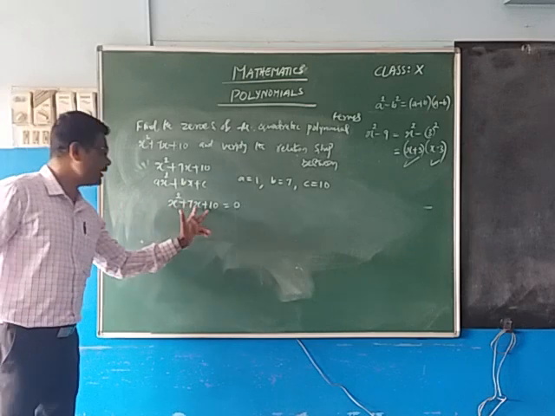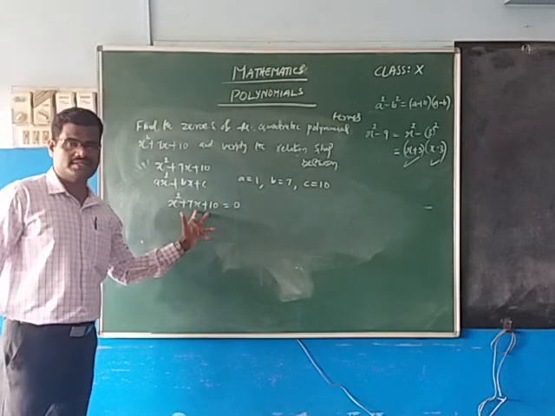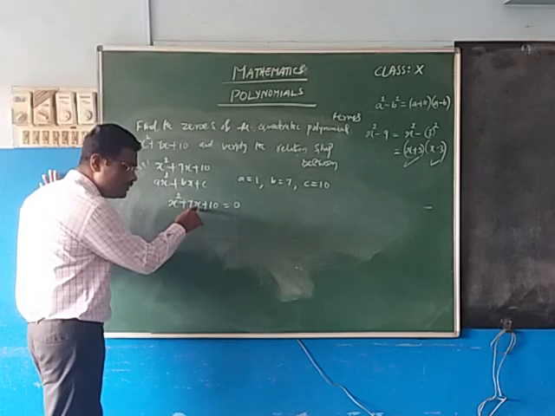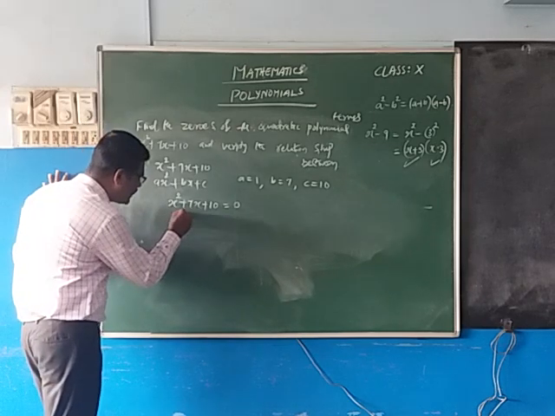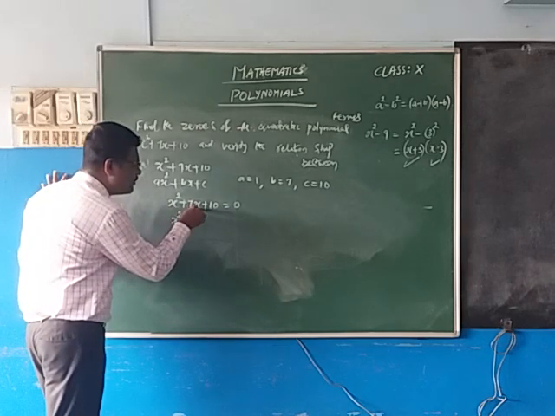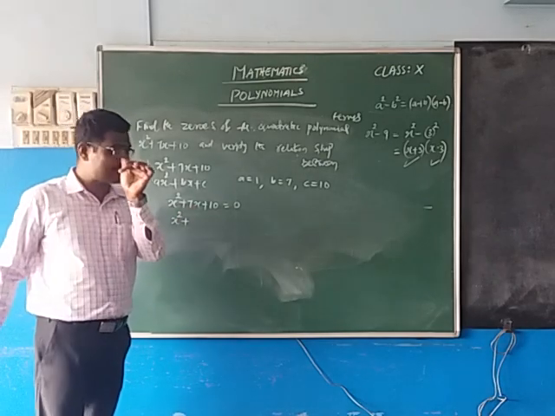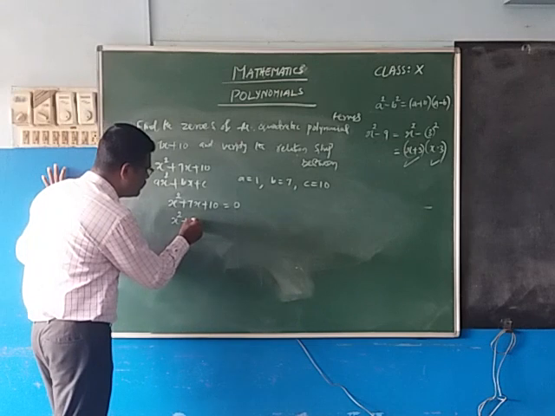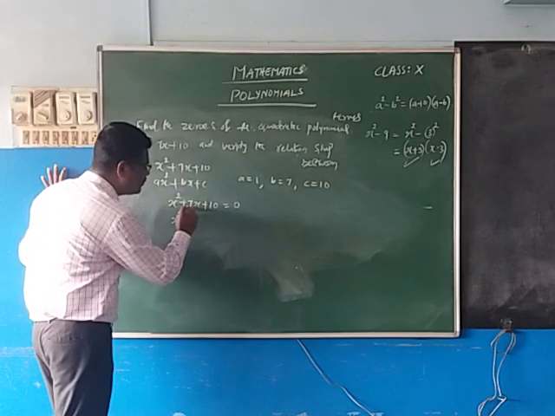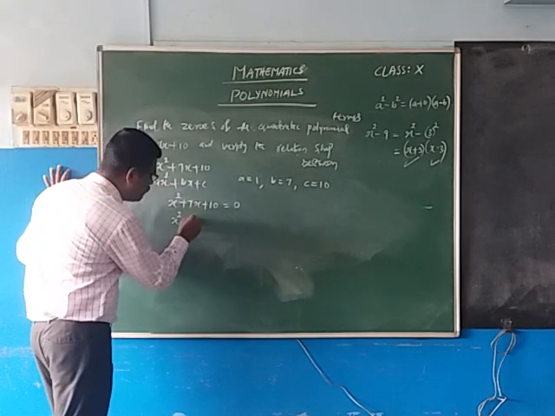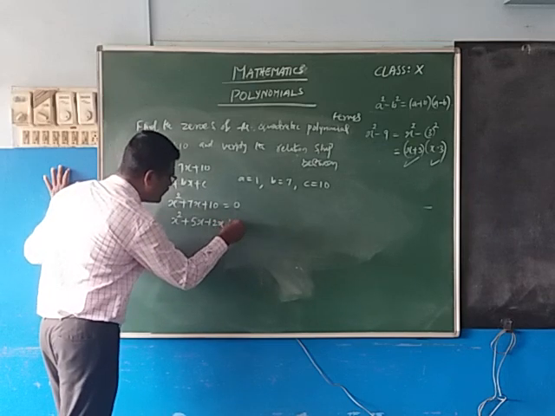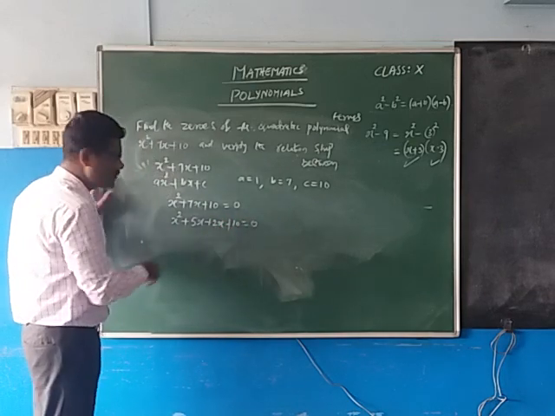You know, in 9th standard or 8th standard, you have factorized this, isn't it? How to factorize? By splitting the middle term. X square plus splitting the middle term. When you add, you should get 7. When you multiply, you should get 10. So, how can we get 10? 5 twos are 10, and 5 plus 2 is 7. That is equal to 0.